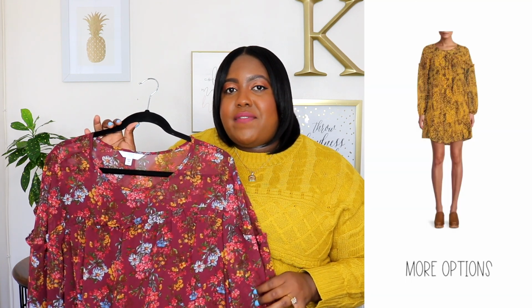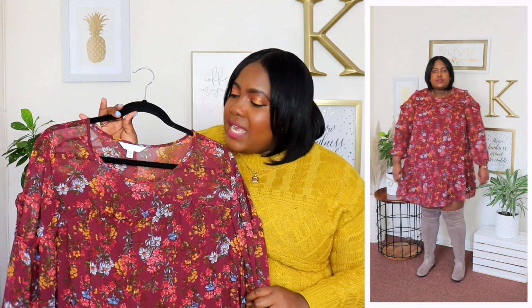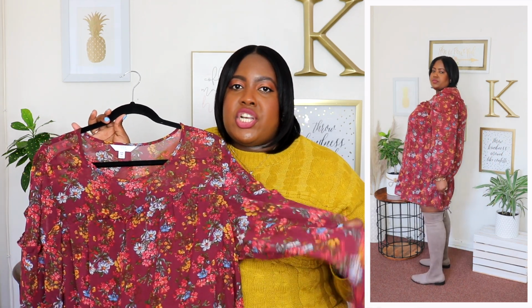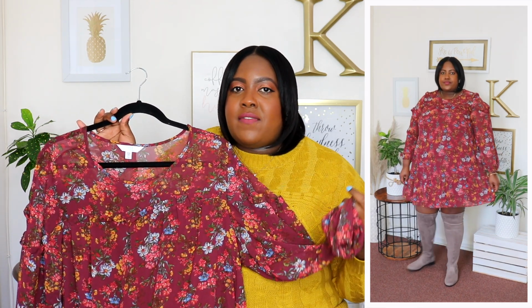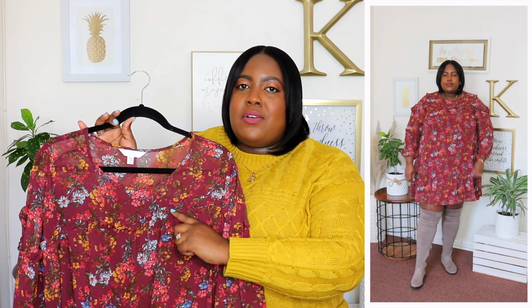I am wearing an extra large in this ruffle dress from Time and True, and the price is $17.98. This dress is available in 2 other prints, but I have it here in this beautiful red wine botanical floral print. It has a crew neckline, long sheer sleeves with an elasticized cuff, and in the chest area of this dress it does have a ruffle detail going across, and that is where they messed up with this